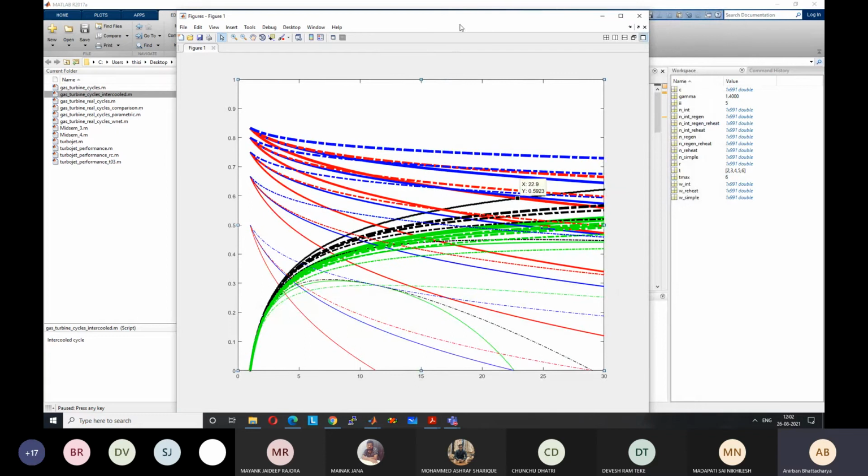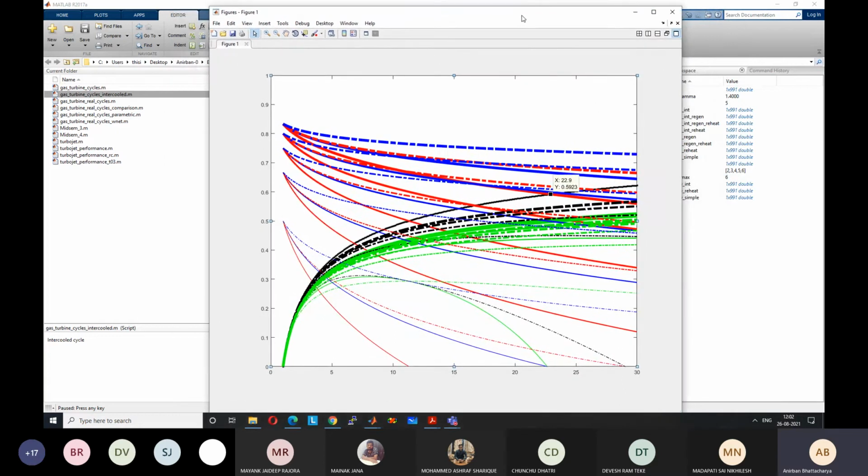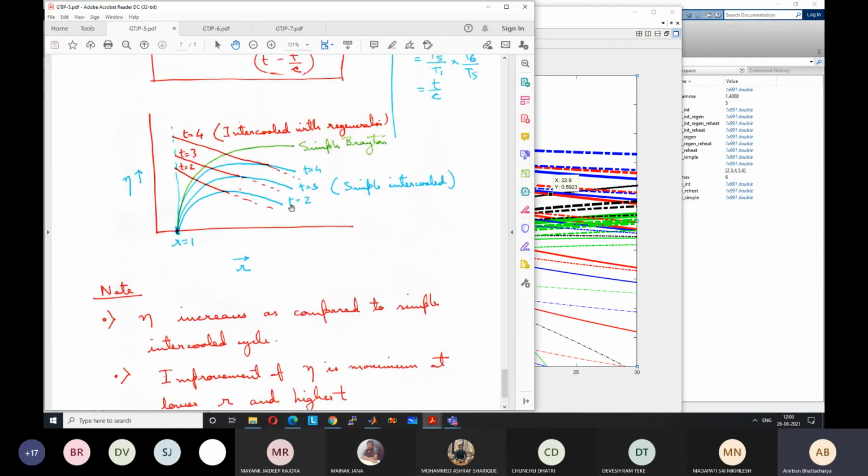This type of plots you should be able to generate. These files I will upload so that you can also just plot and see. But similar types of problems I will give as an assignment that you have to do for other types of cycles, for jet engines, turbojets or turbofans. Turbojets also I will show. Turbofans I will give you to draw this type of plots, because this is how you can actually see the characteristics instead of just looking at the theoretical values, because from here we cannot understand. We know the behavior of nature, actual comparison we cannot do.